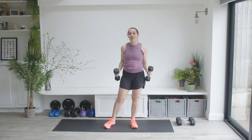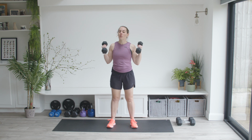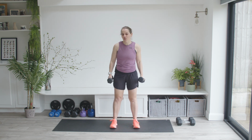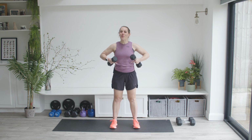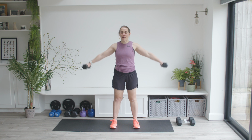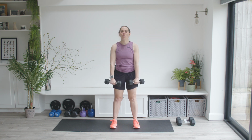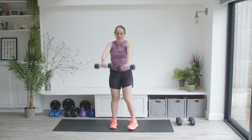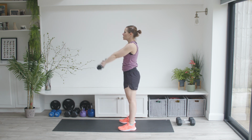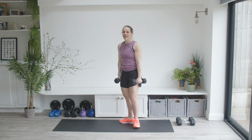So for the first exercise, we're going to go with the light weights and we're going to work with some lateral raises to frontal raises. So starting with your feet planted firmly into the floor, toes facing forwards and core engaged, palms facing in towards my body. I'm going to come out to the side and up to the front. So join in when you're ready, to the side and to the front. Nice and slow, no swinging, and my back is nice and straight, neck is nice and neutral as we're going